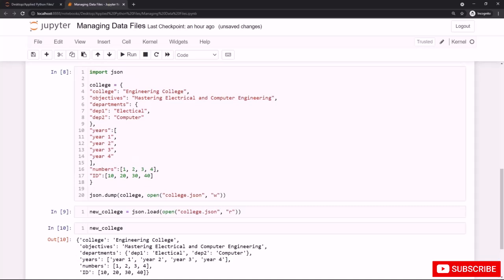After running this cell, you must run this cell before the next statement, to load the data from that file. We used the load function after creating and saving data inside the college.json file. We used the load function from the JSON library also, and it has an argument. That argument is the open function to open that file from the same working directory and read it using the